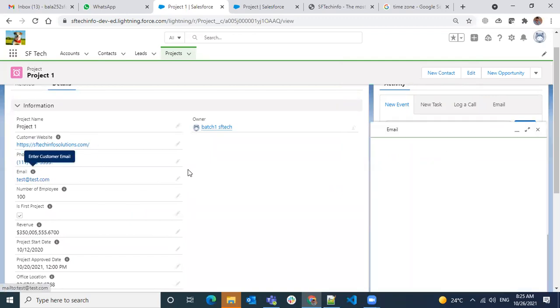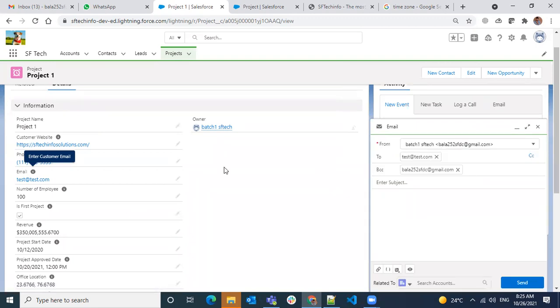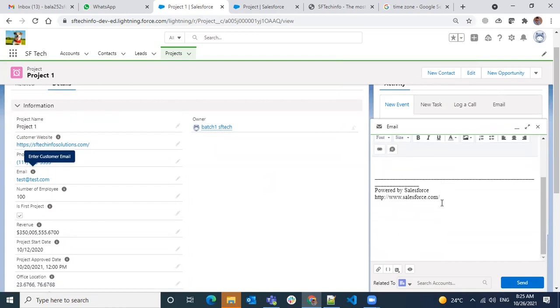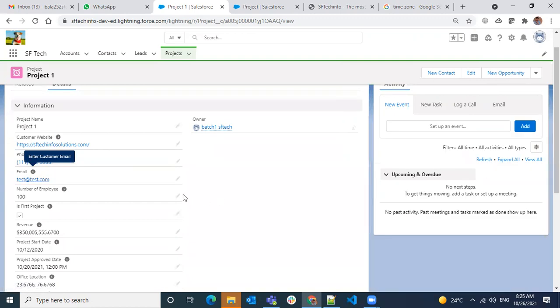And email is also the same. Whatever email you have here, it will create a draft version of the email that you can send. So that's the use of the email and phone fields. You also have some default validations when you use phone and email fields. And you see here the format of the phone is changed to brackets and then dash. It's usually in the US that you have this kind of formatting for a phone number, so it will automatically do that for you.